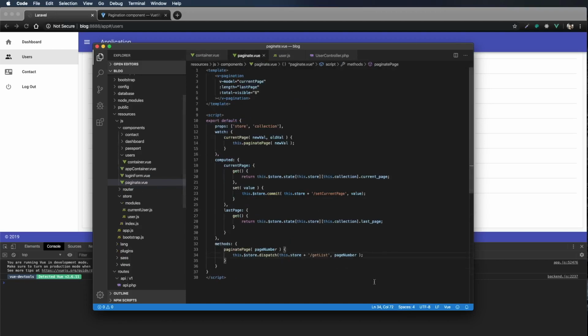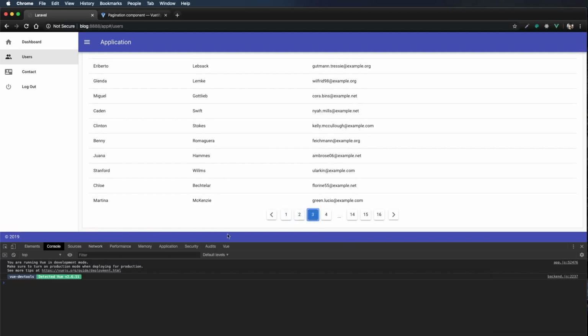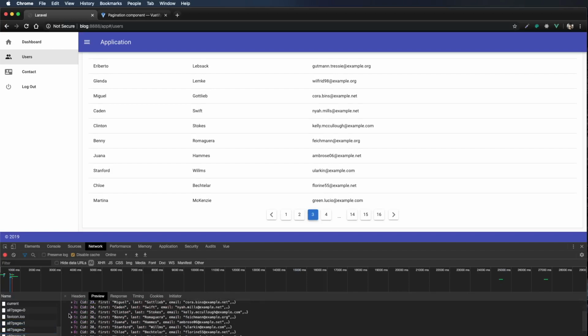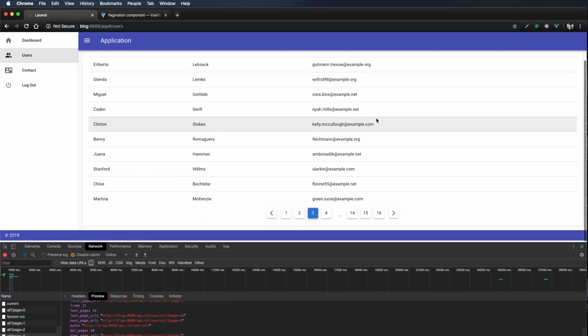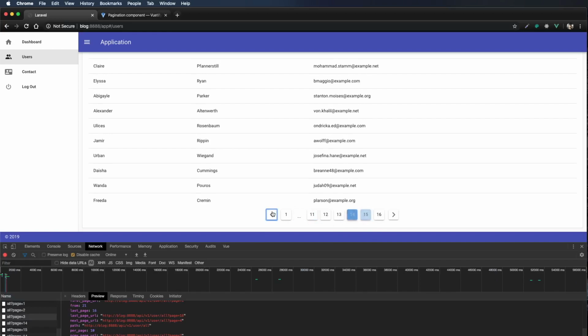Let's check out Paginate. So now when we click one of our page numbers, we're expecting it to dispatch the user store, get list, and then a page number. Let's see if this is working. Very cool. So if I check in my network tab, we're going to all page number 1, page number 2, page number 3. We're only getting 10 records at a time instead of 10,000 records at a time. Our application knows the total amount of records based on our last page, and we're able to tab through